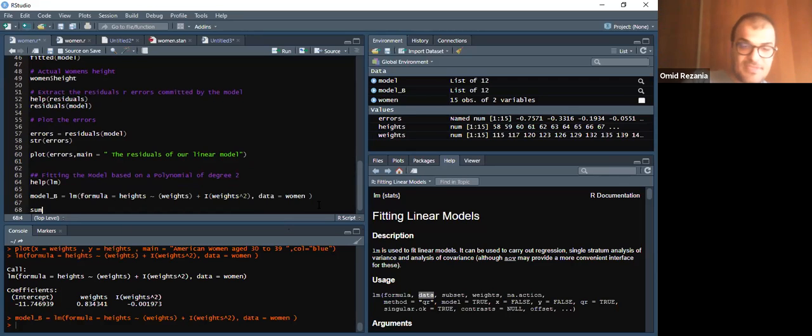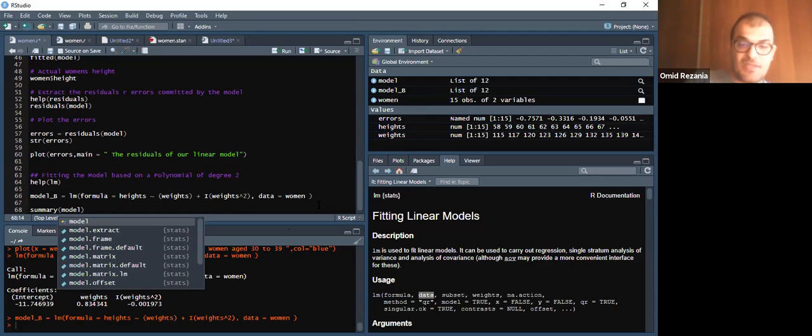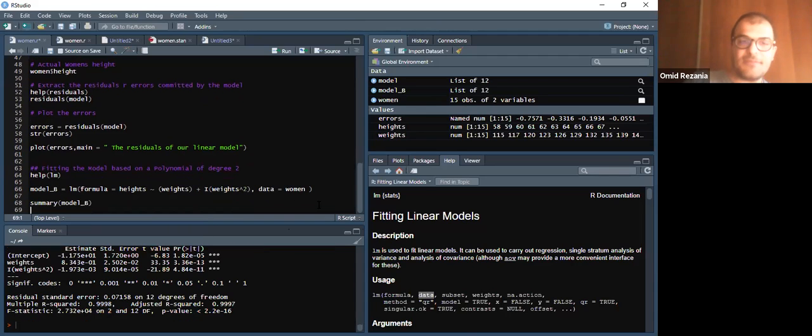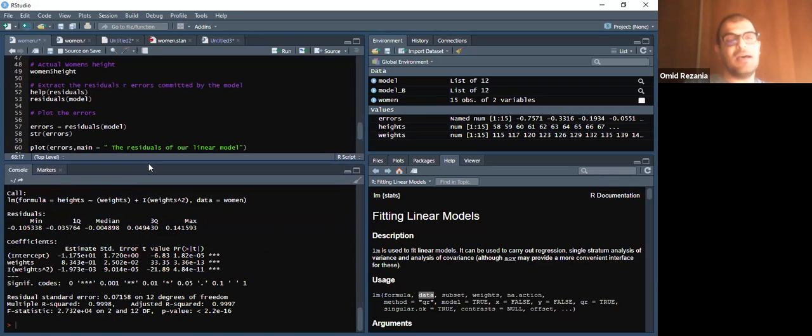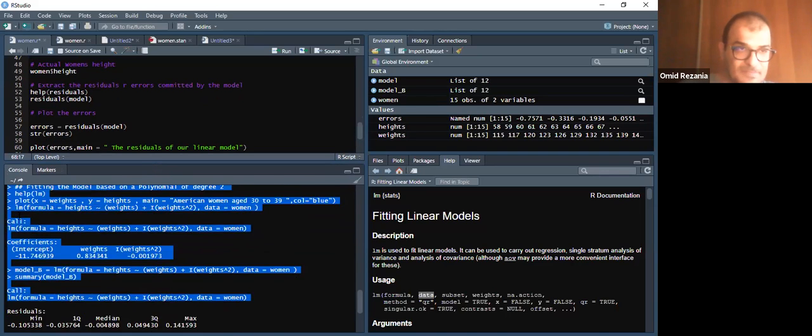You know that the best thing that we do is this. We run the summary, and in the object, I just put model B inside the function. And now, when we run the summary command of the model that we have created, you see that we extract more, I should say, more fundamental descriptive statistics for the model that we have created. We have, as you can see,